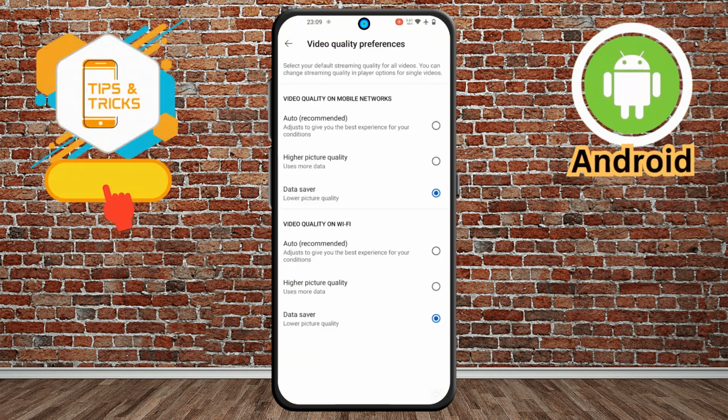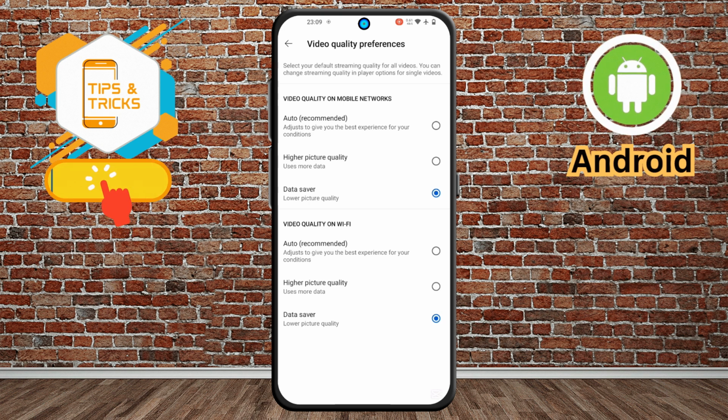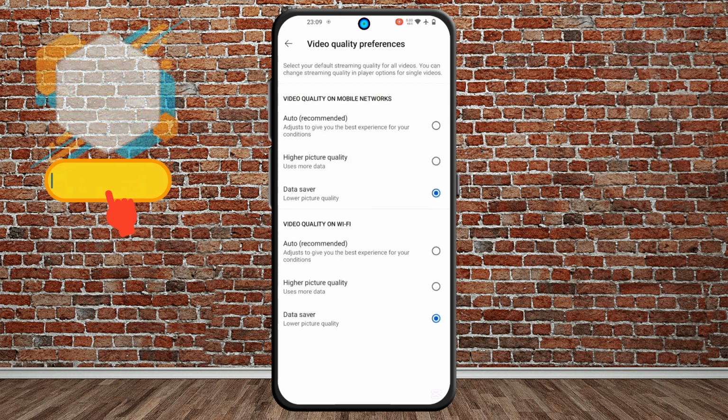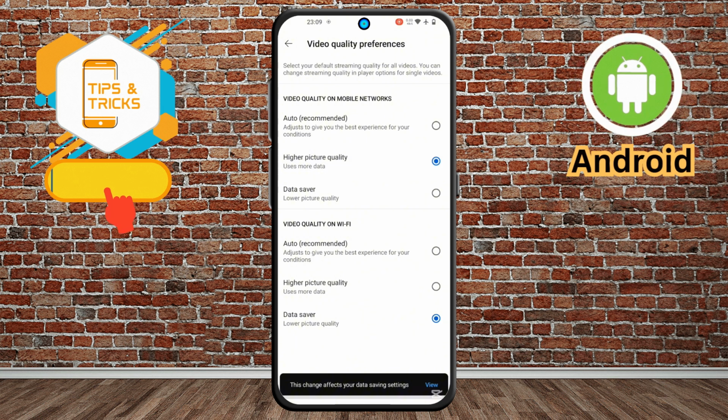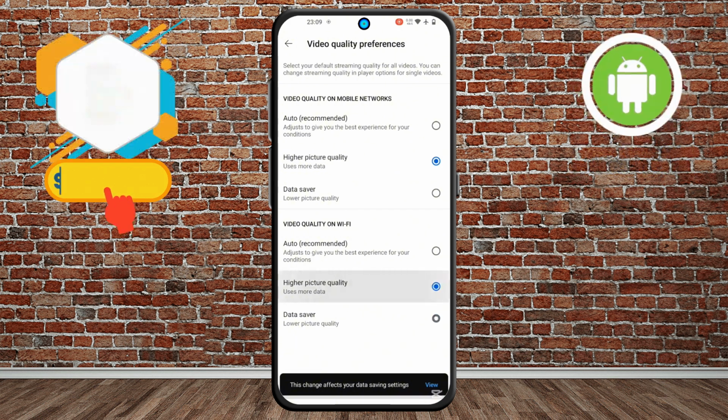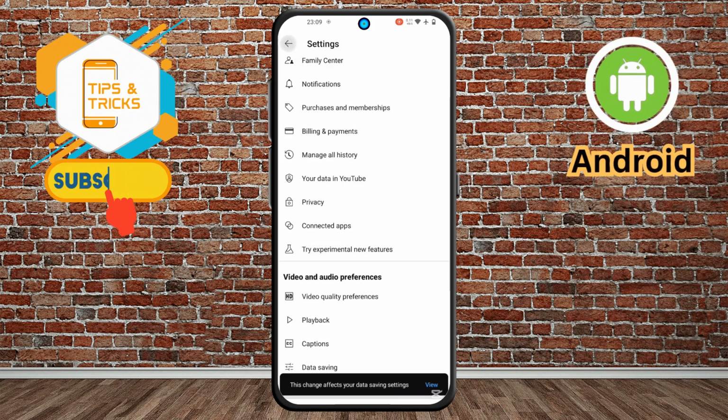Step 5. For the last and most important step, select higher picture quality under the video quality on mobile networks, then choose higher picture quality under the video quality on Wi-Fi to permanently change the video quality resolution on YouTube